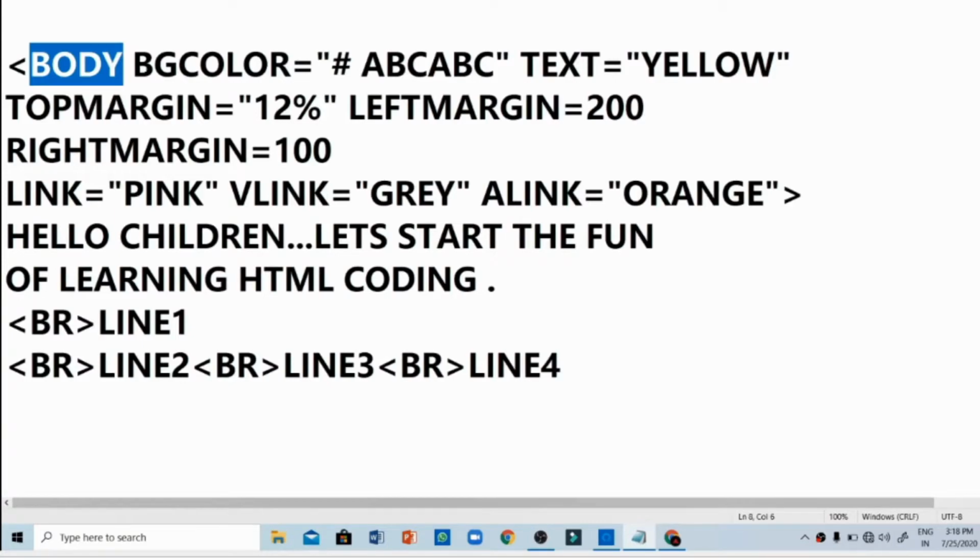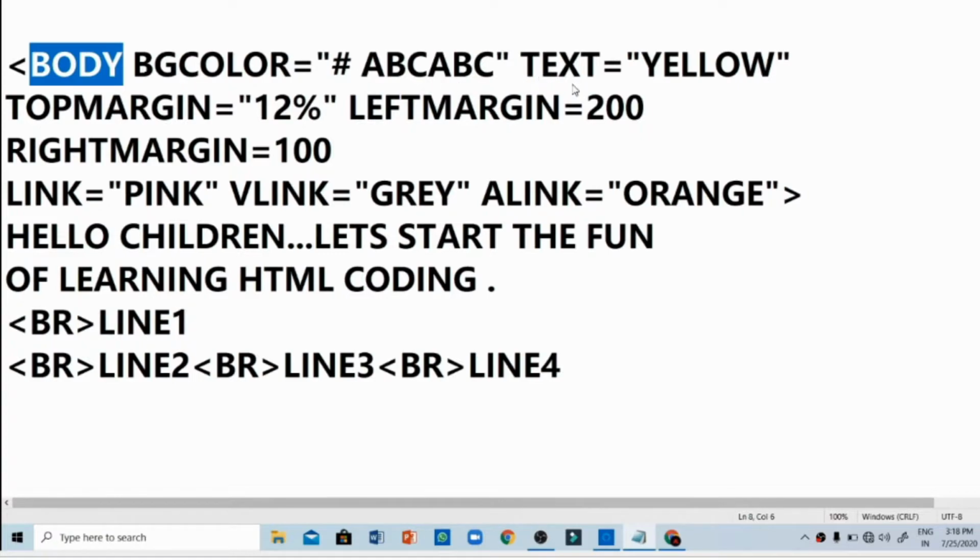In this session, we will discuss the background attribute. So far, we have discussed a few attributes of the body tag. The first one we came across was BG color. You now know that you can set a background color to your web page. And here we have two ways to set the background color of a web page. That is, you can write the color name or you can set the color code. Like here, we have taken a color code.